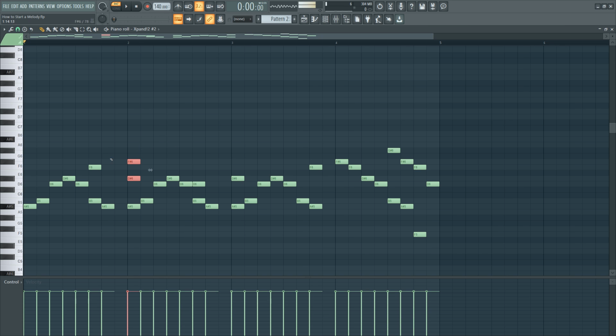So the first reason why this melody has a little more life to it is because of harmony. Okay, so that's when you add more than one note for that space. So the areas that I'm highlighting are harmony pieces, and that creates more life to the melody. It's almost like a second melody, but it's not really a second melody. The way I think of it is more like an accent.